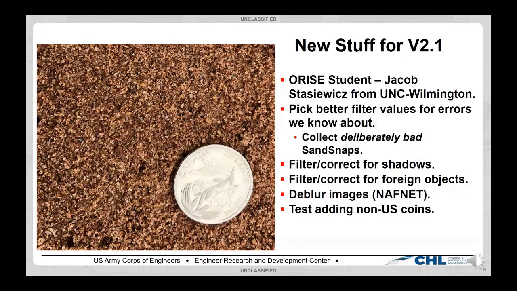And his job, while we have him under contract, is basically to do two things. One is to pick better filter thresholds for the filters that we already have in place, but we just have them super lax. And what I mean by that is when we first released SandSnap, we weren't wanting to kick back every single image unless it's absolutely perfect because we don't want to make